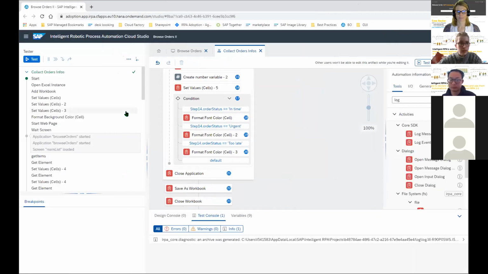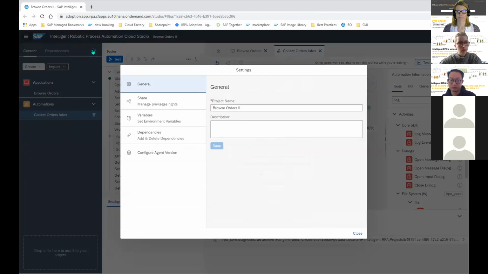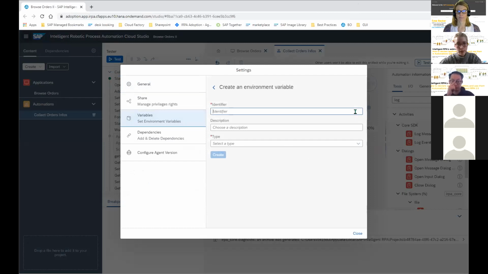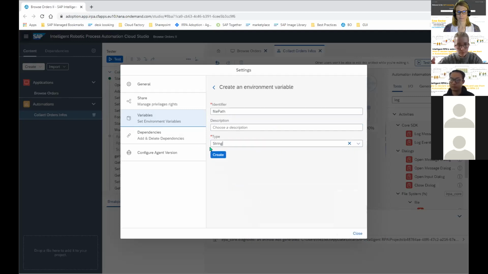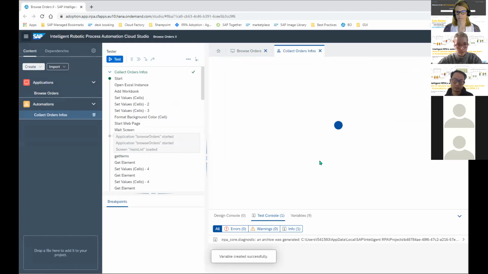So I'm not sure it answers your question, but you can set environment variables. So here I could have created, for example, a variable named file path. Set it to string, create, and then